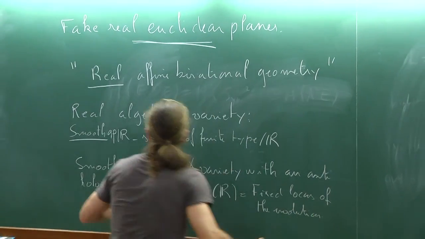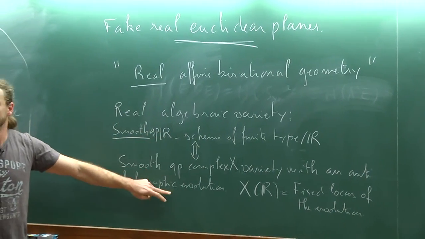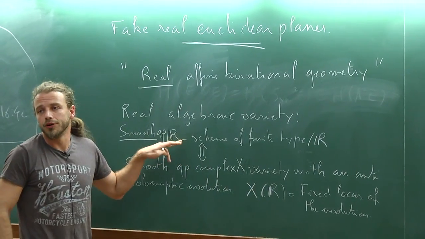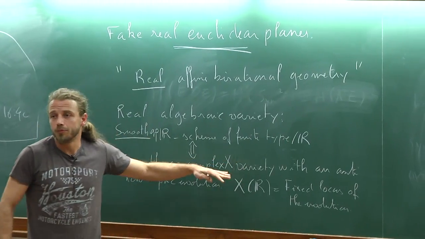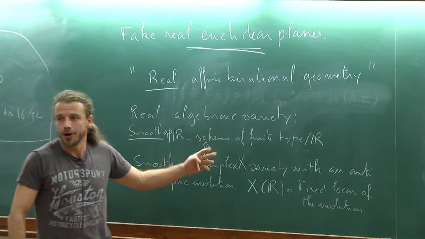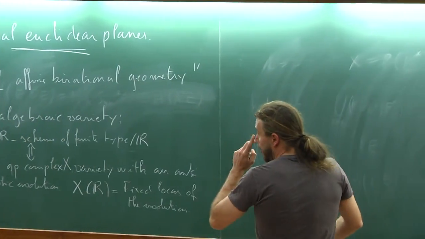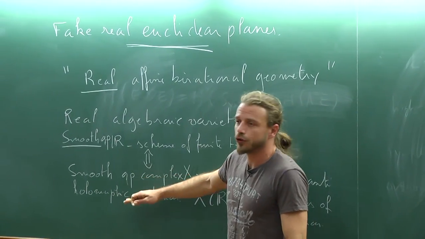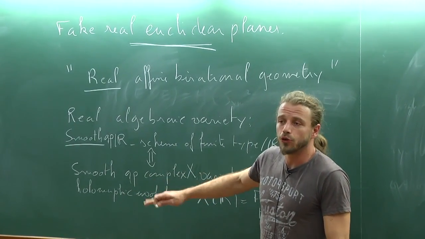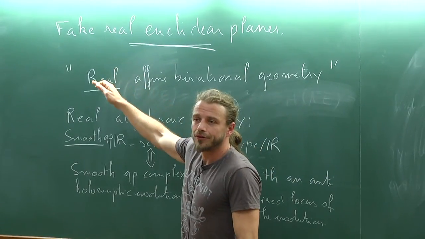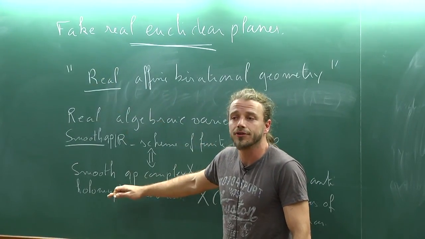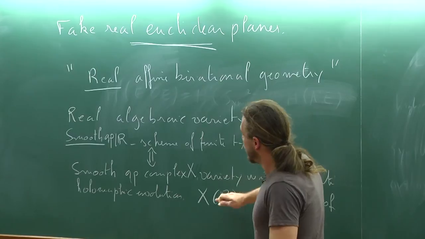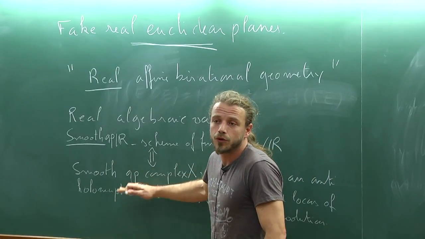And you go from one side to the other by extending the scalars from R to C, right? And this X(R) is exactly the set of R-rational points of this guy, while if you look at all complex points, these are the complex points of this R-scheme. Okay. And this point of view is the one I would choose for the talk because I want to speak about topological properties of real algebraic varieties. So here you have the natural transcendental topology, and you can induce a topology on the set of real points. So everywhere we would have smooth manifolds.